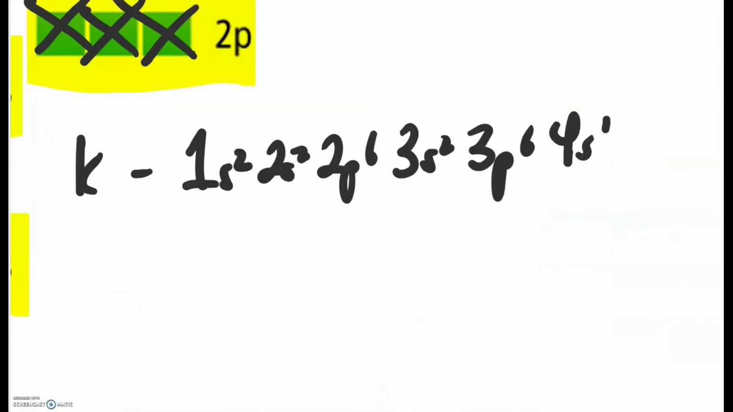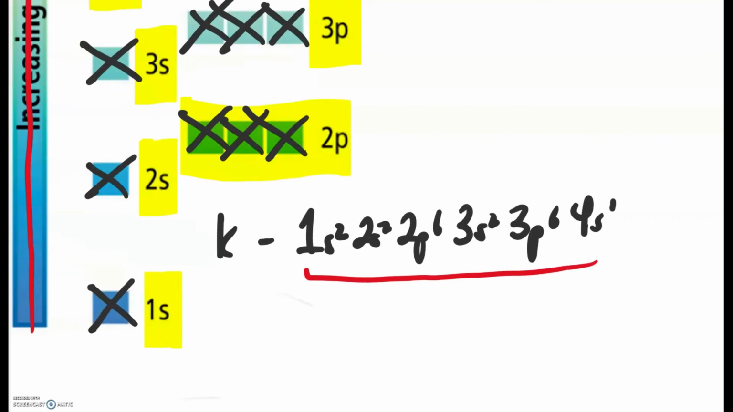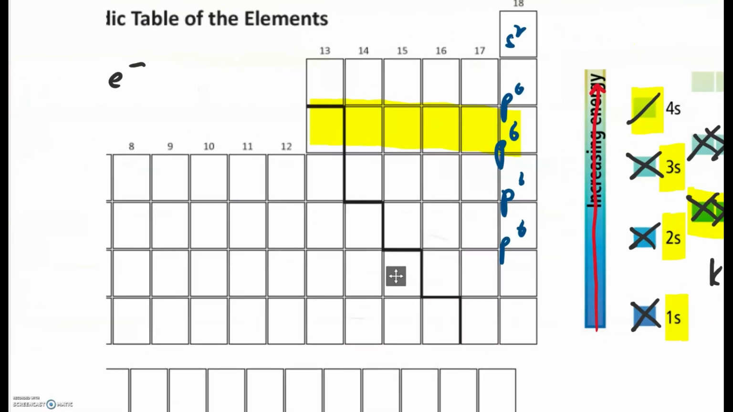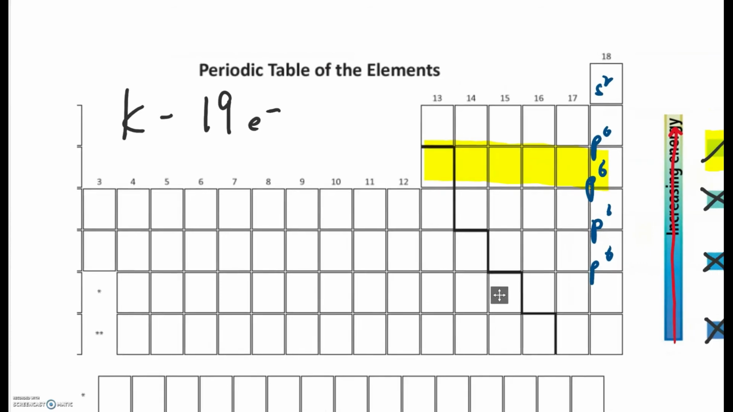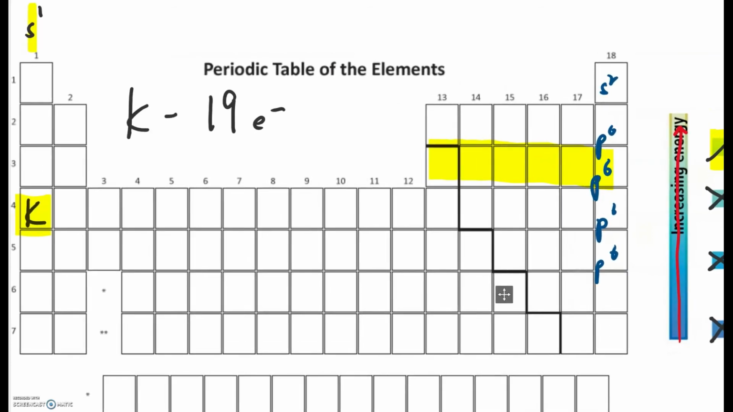Now, before we go any further, you might be looking at this and thinking to yourself, man, that takes a long time to write out. I sure wish there was a shorter, quicker way to indicate the electron configuration of something like potassium. There actually is. If we remember that everything in group 18, everything in column 18, that's this guy right here,